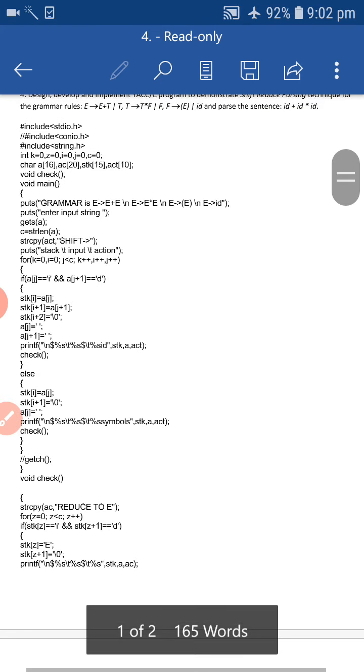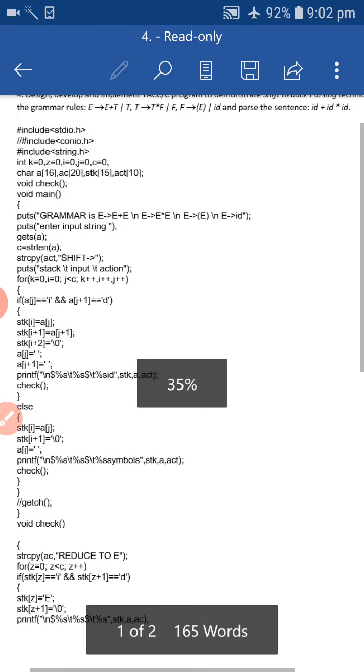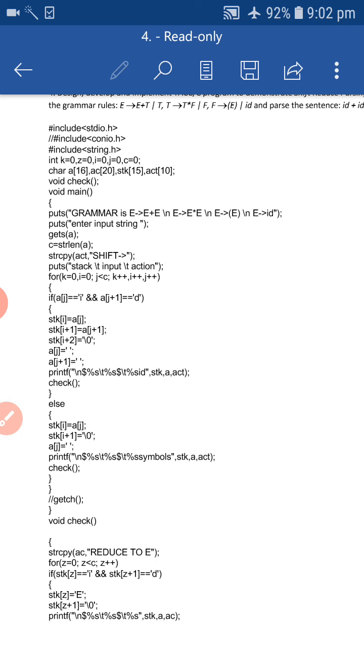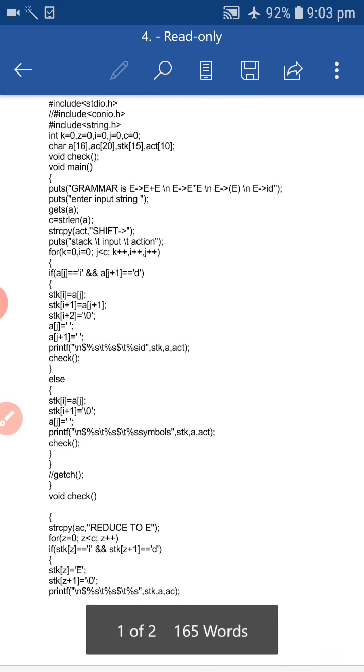Next you use puts to print the grammar. The grammar is already given: E goes to E plus E, E goes to E star E, E goes to E, and E goes to id. After that, you enter any input string.